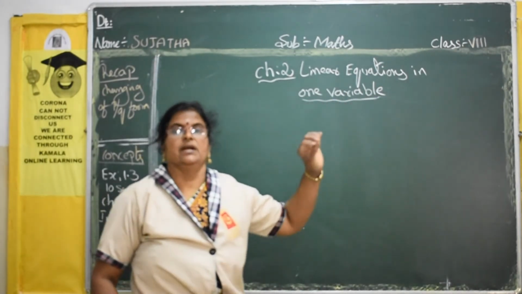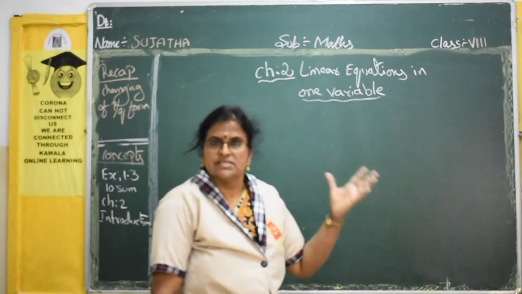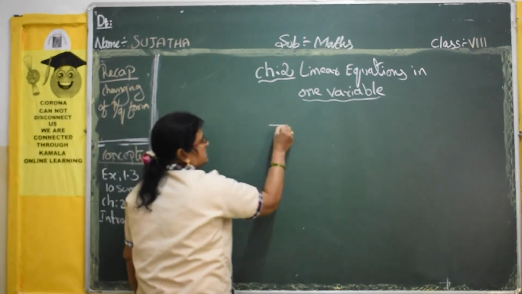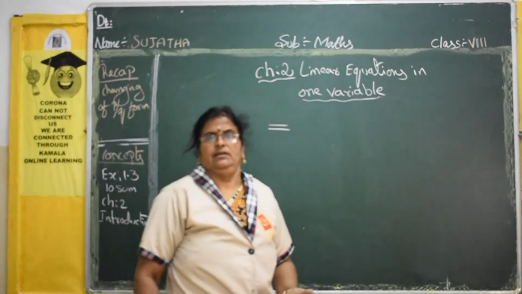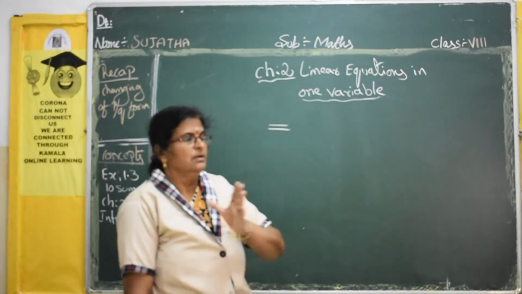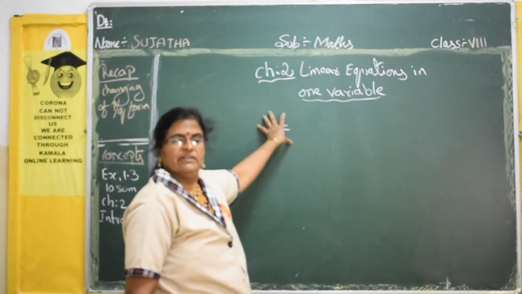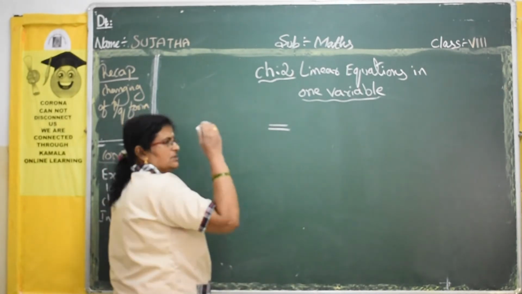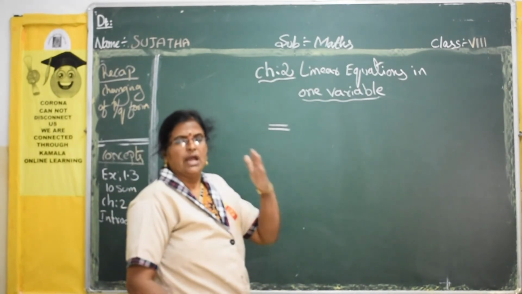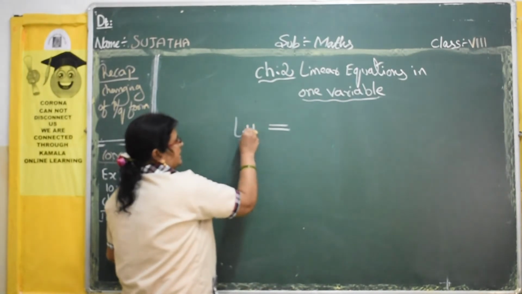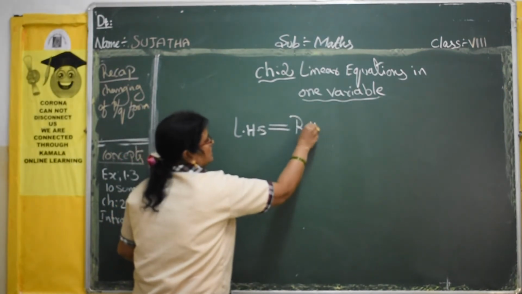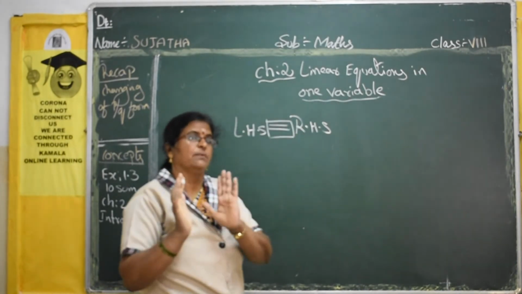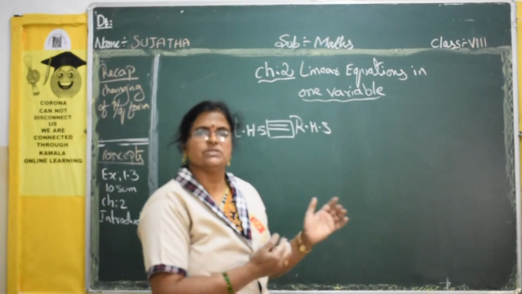First we have to understand this heading. What is that? Equation. Equation is nothing but the equal sign. If any two quantities are given, how can you distinguish that? By using the equal sign. Between them you have to put the equal sign, then you can say it is an equation. See, when you are doing the sums and verifications, at last what do you write in verification? LHS is equal to RHS, no? LHS is equal to RHS. That is, equal means both answers are the same. When you are saying both quantities are equal, we can use the equal sign.